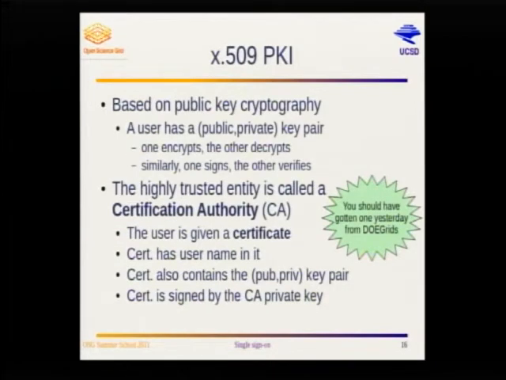So what is X509? It's a public key cryptography system. The idea is that you have a pair of keys, one public, one private, and they are strongly related. You can use the public key to encrypt and the private key to decrypt, and you can use the private key to sign and the public one to verify that the signature is right. I will not go into technical details of how this works. Google it if you are interested. There is a lot of math going on.